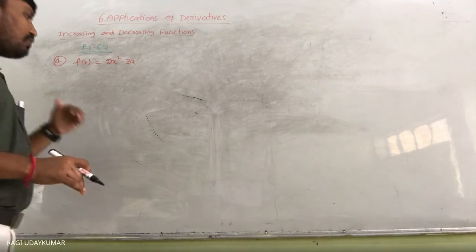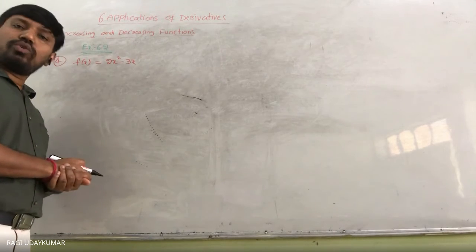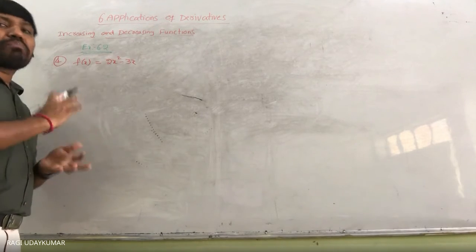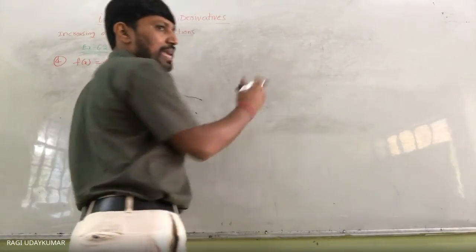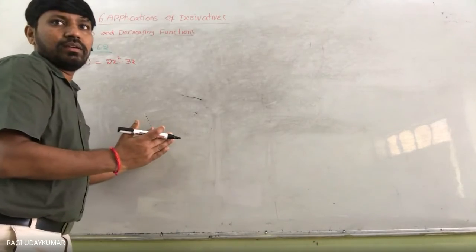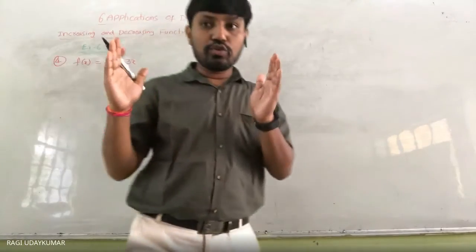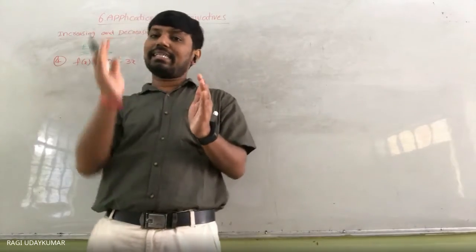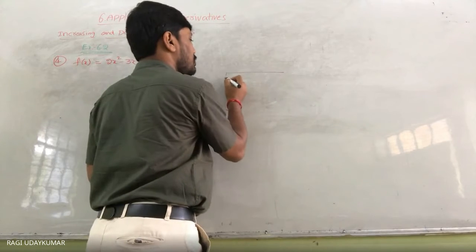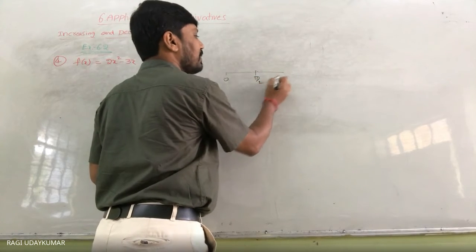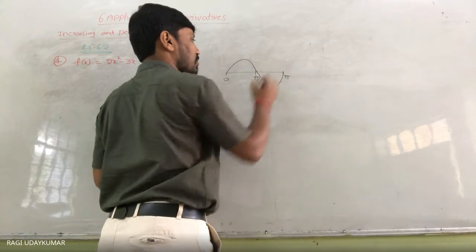So whenever you need to find the interval in which it is decreasing and increasing, what to do here? There is a break point. Suppose you have taken sin x from 0 to pi by 2. Sin x has a break point. When you observe the graph of sin x from 0 to pi, it is neither only increasing nor only decreasing. Like this, this is 0, here is pi by 2, here is pi. So from here to here it is increasing, and here it is decreasing.